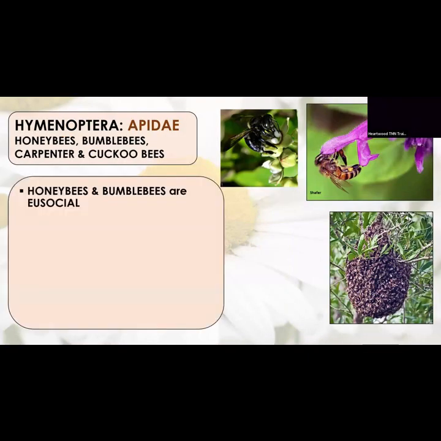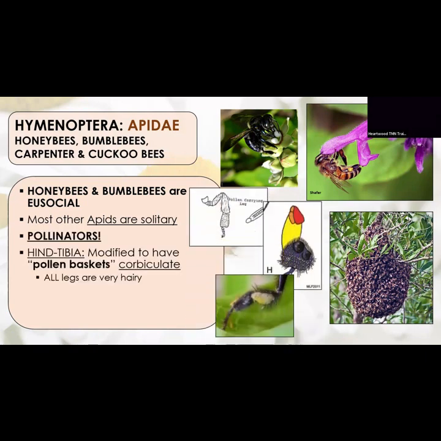And now your Apidae. I'm not going to spend a lot of time talking about honeybees, and we know how honeybee systems work. We've already touched on termites, and they all operate the same. They have a queen caste. But honeybees and bumblebees are social, and that seems to be the figurehead, the representatives for Apidae. But most other apids are solitary, like carpenter bees, sweat bees. There are a lot of other bees out there that are just minding their own business. But bumblebees and honeybees are social, so they have the castes, they build the hives, and they're big pollinators.